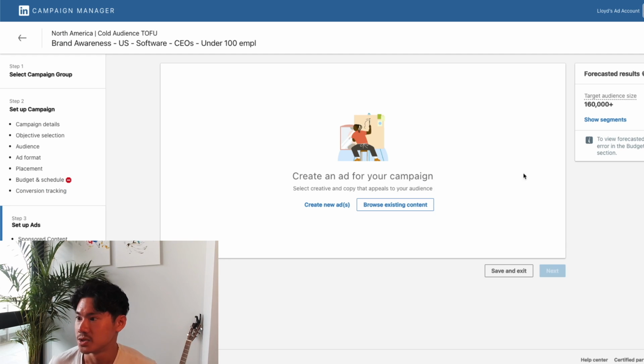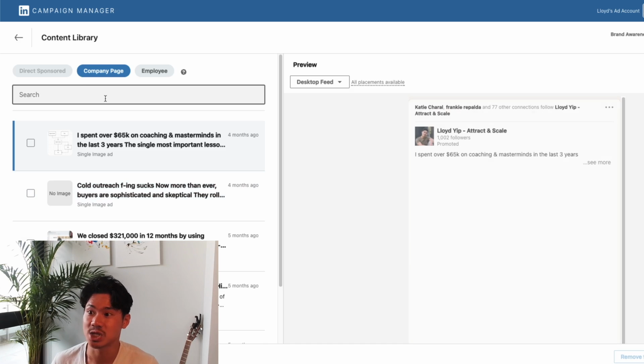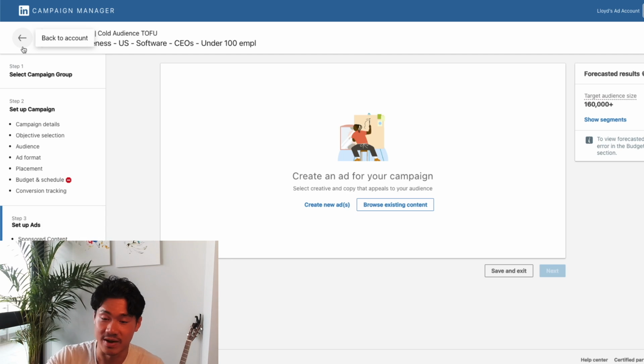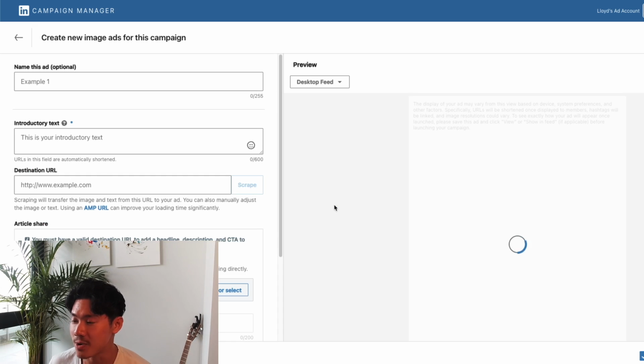So let's create an ad and put it inside that particular campaign that we had just set up. So a couple different options here. The first option is if you've already launched ads before, you can reuse ads that you've created in the past. Don't worry, we're not going to do this right now because obviously you've never created ads before, so this will not be an option that will exist for you. So let's go to create new ad.